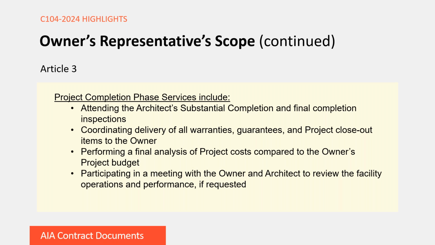I think it's also worth noting here that when it comes to attending inspections, the intent here is that the owner's representative will be generally familiar with the progress of the completed portions of the work, and this would even include reviewing the contractor's list of work to be completed or corrected. The owner's representative's attendance at any inspection really is not for the purpose of evaluating the conformance of the work with the contract requirements, but really here, again, just like during the design phase services, the owner's representative needs to report any kind of defects or deficiencies observed in the work, both to the architect and the owner, to the extent that they find them.